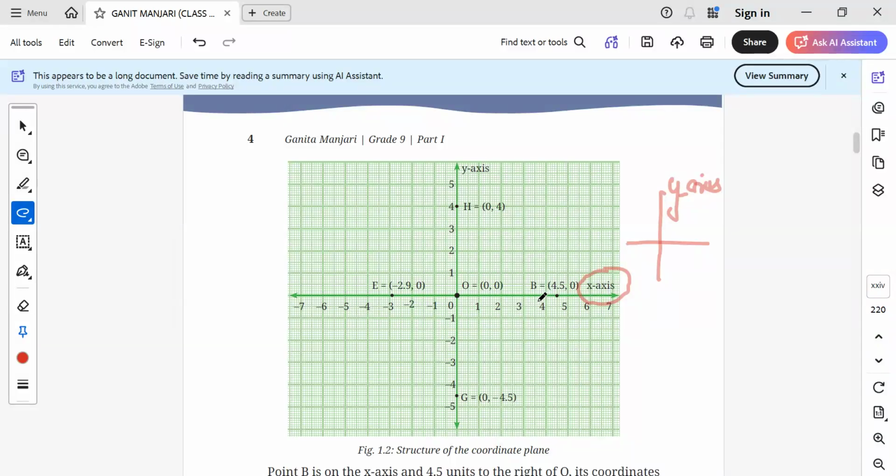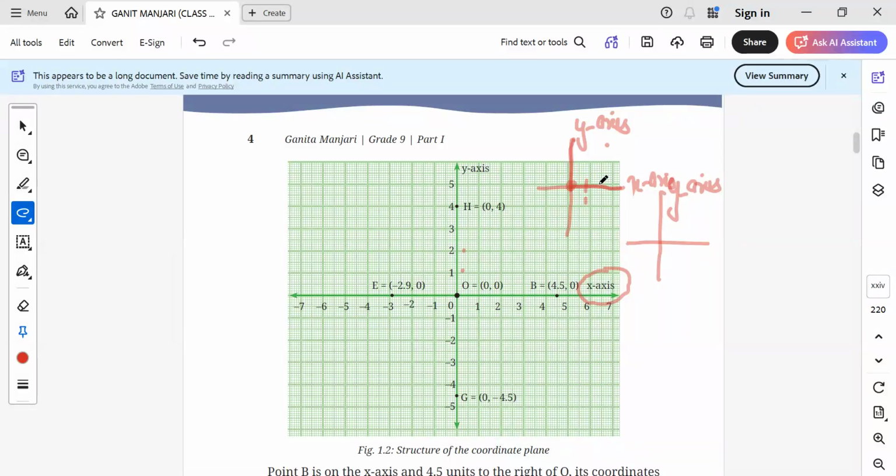These are the points on the x-axis, and these are the points on the y-axis, 1, 2, 3, 4, 5. These are the positive, and these are the negative. You can easily remember this if I make the graph like an L. The L side is taken as positive, so there is no confusion. This is the y-axis, and here you can write this is the x-axis. Got it? This is 0, this is the origin.